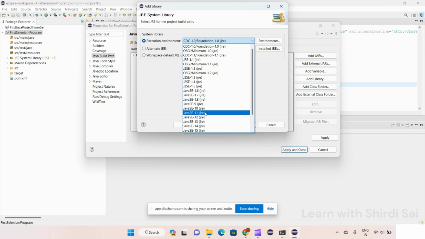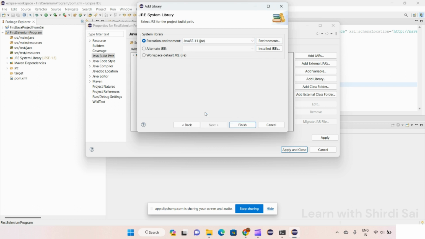Okay, so Selenium also recommends using 11, so we can go with 11. Okay, so they stopped the Java 8 support. Java 8 support is not there with Selenium now. So we are only going to use Java 11 in future releases also. So you can select this one. So click finish